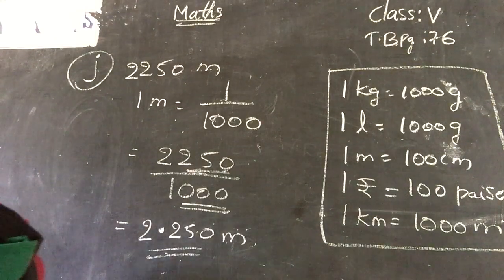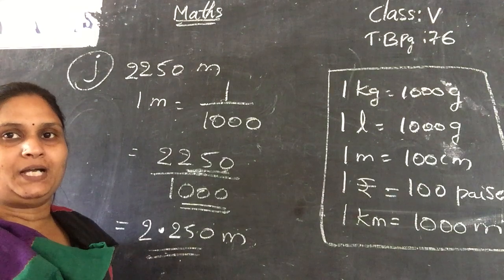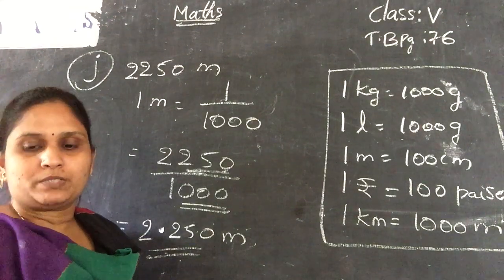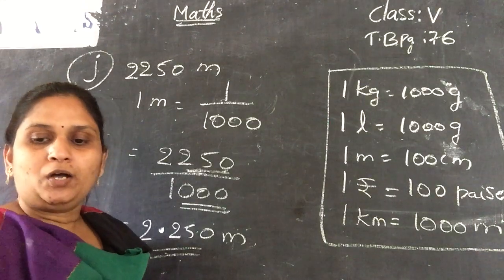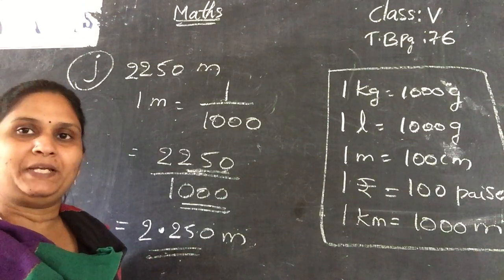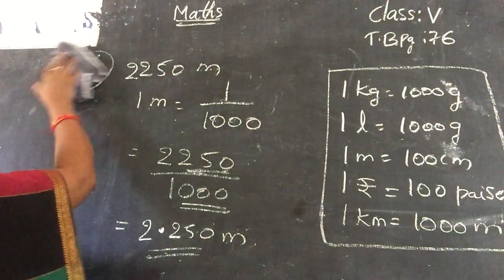Okay, remaining sums of section 1 you have to do like this only, converting into the meters, converting into the grams. Next, Roman number 2, section 2. Here all the liters and milliliters are there. How to convert the liters and milliliters into decimals, that we'll discuss now. So now everyone, section 2.